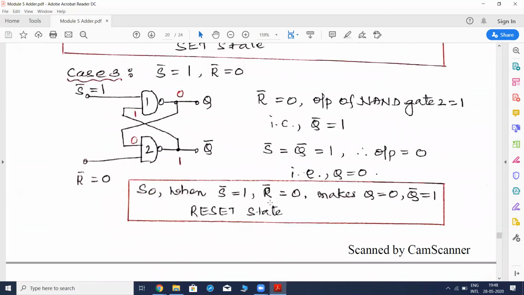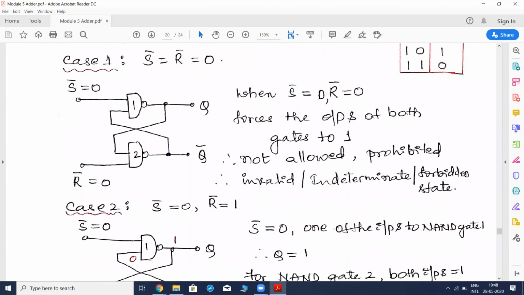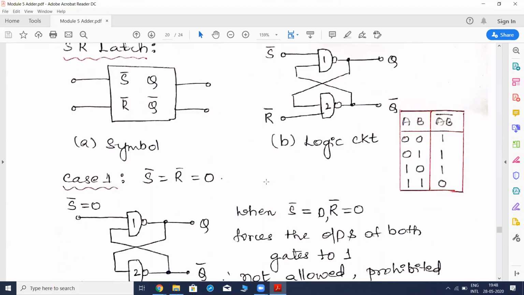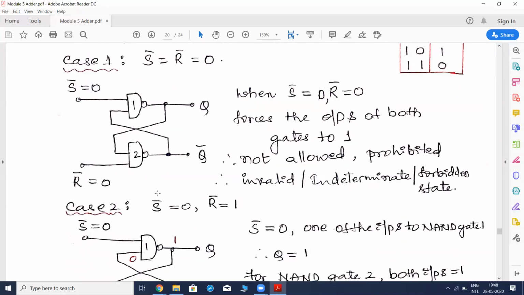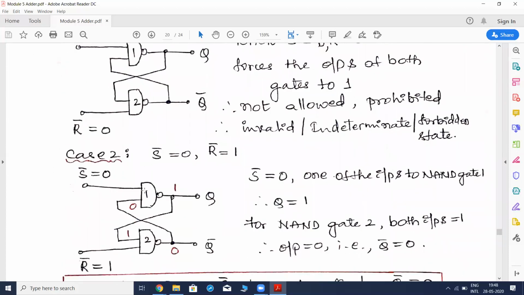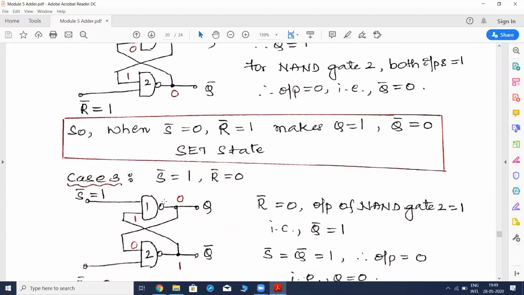Here the diagrams are simple, but I have written a diagram for every case because with a single diagram it is quite difficult to understand. So for every input we need to analyze. It is the same diagram, but for different cases, that is, for different types of inputs, we need to try to get the output. Thereby, for the same circuit, we write separate diagrams.